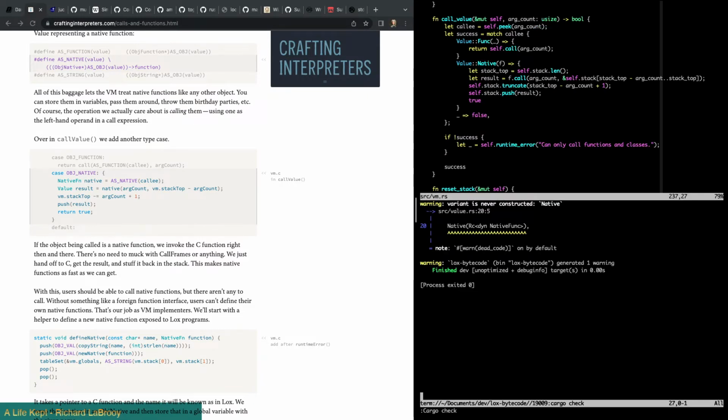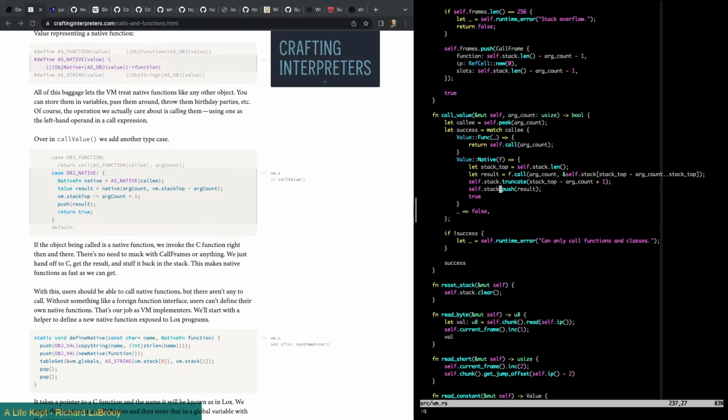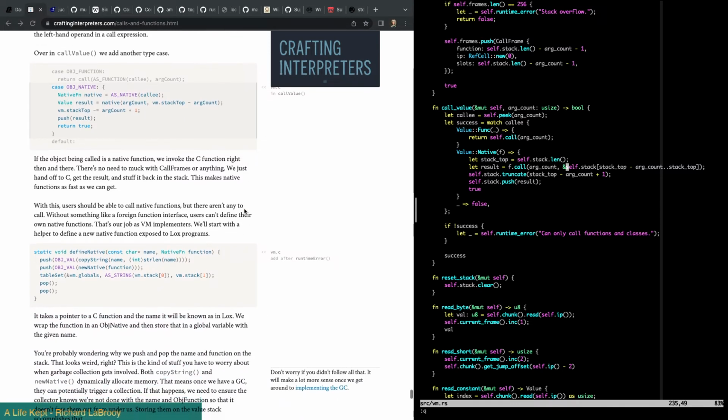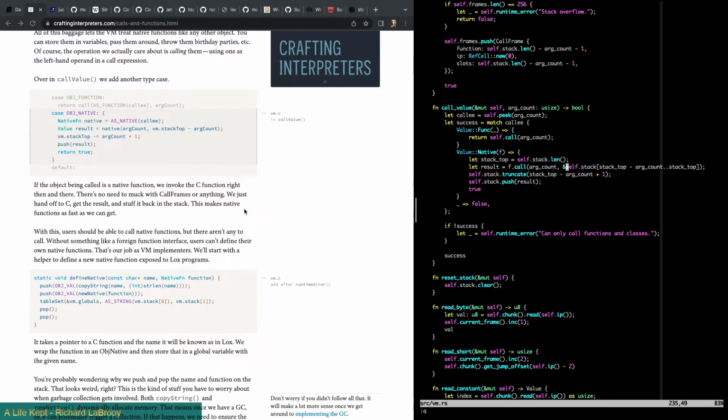Holy moly, that actually works. And we're still not building any. Okay, so we've got to build one. I'm surprised that this works because we're passing in a reference to this into this call, and I thought this would be borrowing it the wrong way. Okay. Well, let's just barrel on and see where things break, right?